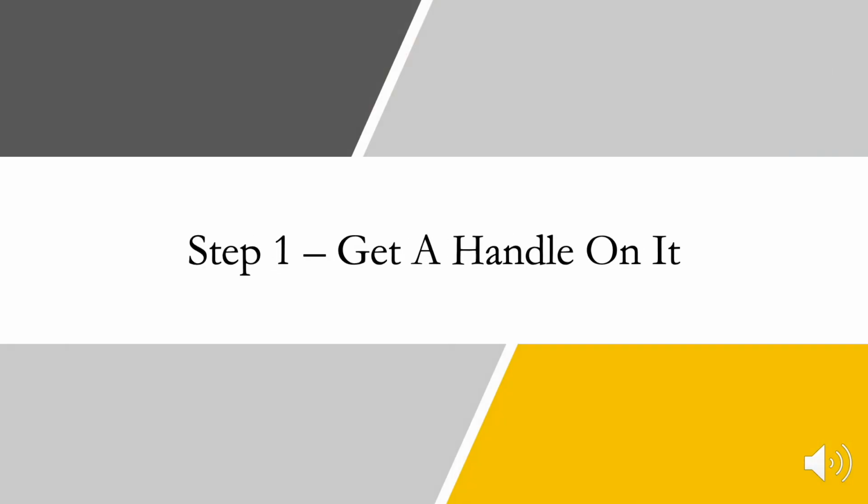So here we go. The first item in your subrogation checklist is to get a handle on it. Regardless how your case settles, or you get a jury verdict or award, or if it's through arbitration, you really need to get a handle on what liens lie ahead of you. So what you need to do is compile a list and create an index of all of that information. You need the contact information for the lien holder, you need the policy identifiers, you need the amount that you think that they're going to take, and any sort of notes.